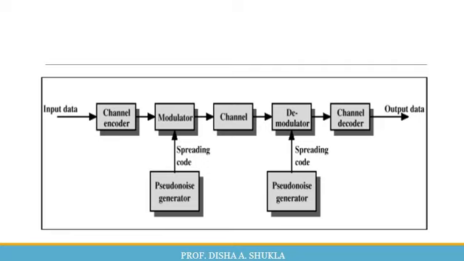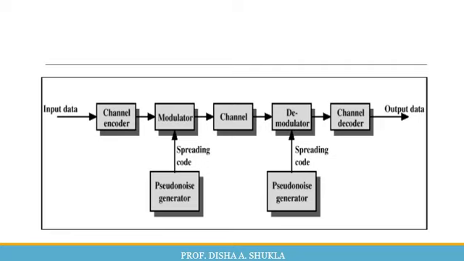High resolution ranging, the third application of spread spectrum. Spread spectrum communication is often used in high resolution ranging. It is possible to locate an object with good accuracy using SS techniques. One example is where it can be used in global positioning system, that is GPS. Here, an object can use signals from several satellites transmitting spread spectrum signals according to a predefined format to determine its own position accurately on the globe.